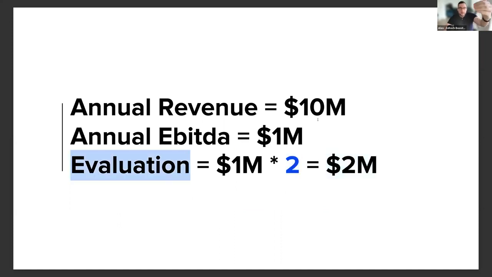So you have a business with 10 million in revenue. Let's say your EBITDA is 1 million. So 1 million multiplied by 2 is 2 million. So if you have this kind of business somewhere in Eastern Europe, or let's say in some European country, this probably would be your multiplier and would be your exit if you want to sell it, right?